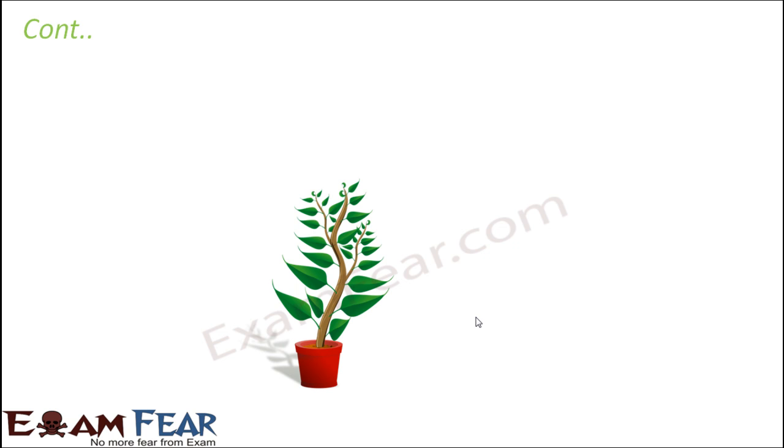So let us now look at the third part of the leaf, that is the leaf base. It is the basal part that attaches the leaf to the stem. As I said, these leaves are attached, so there is a petiole in between the leaf blade and the stem. But the point at which it is attached to the stem is the leaf base. Now, the leaf base also can be different in different plants.